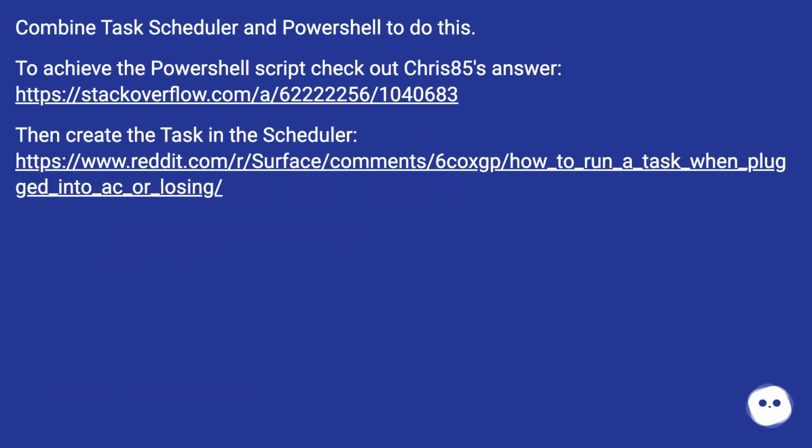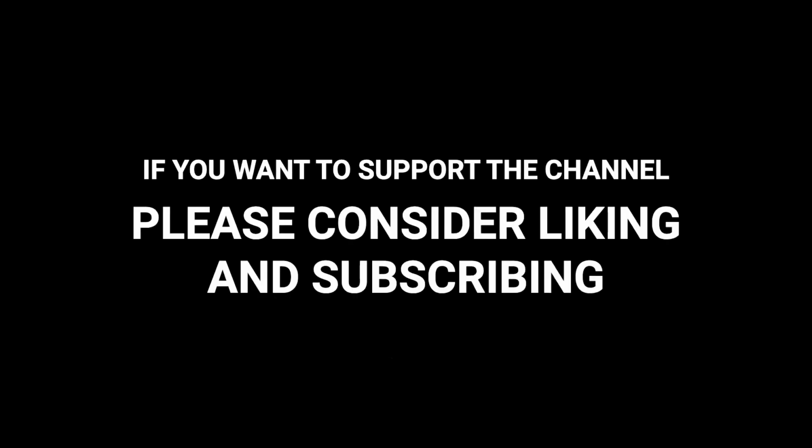Combine Task Scheduler and PowerShell to do this. To achieve the PowerShell script, check out Chris85's answer at this URL. Then create the task in the scheduler, as at this URL. If you want to try the